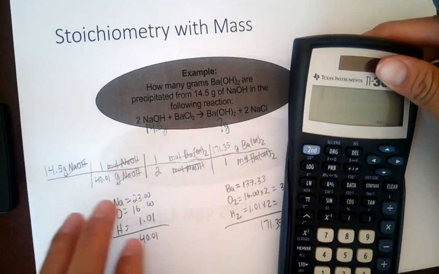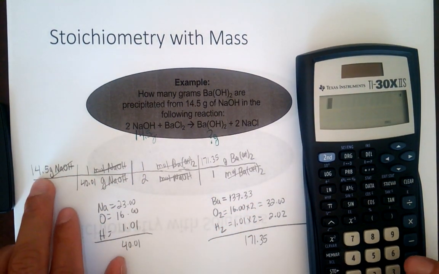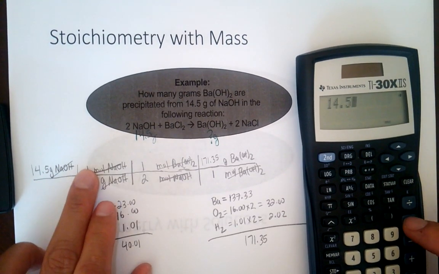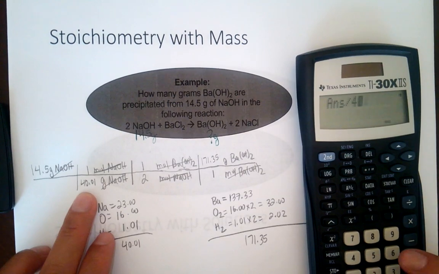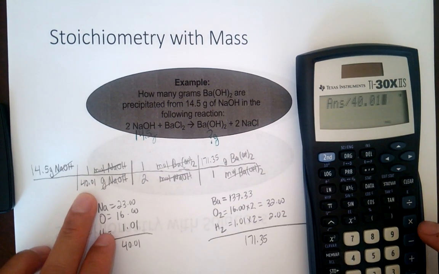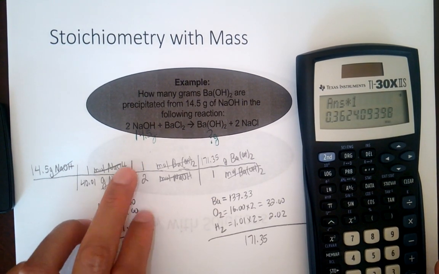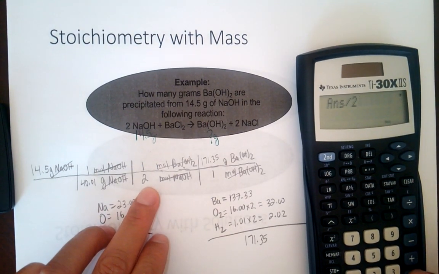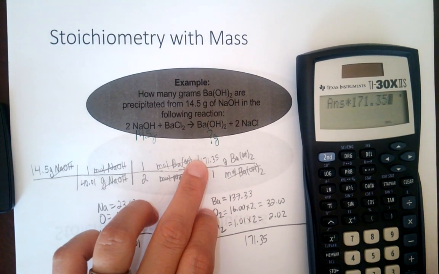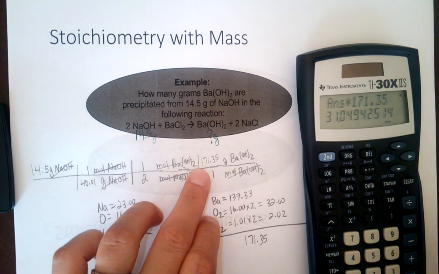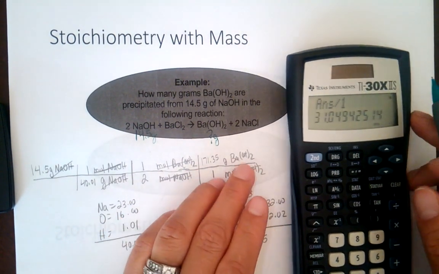So see, this is why it's easier to set it up like this, because now you can just input everything. So we're going to start with 14.5 times 1 equals that, divided by 40.01. Okay, equals that. We're going to multiply it by 1. Equals that. We're going to divide it by 2. Equals that. We're going to times it by 171.35. Equals that. We're going to divide it by 1. Equals that. Your final answer is